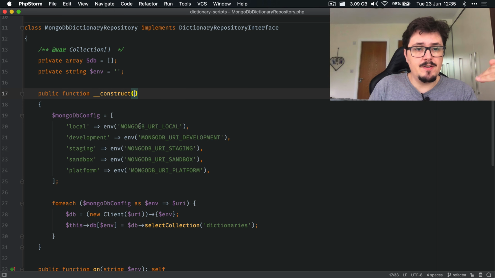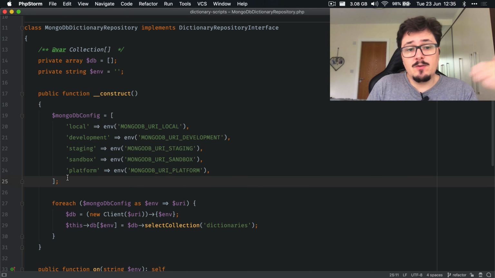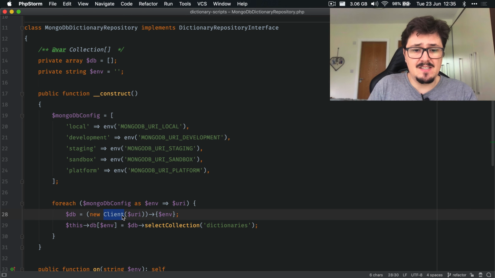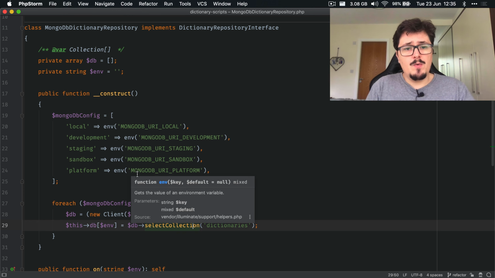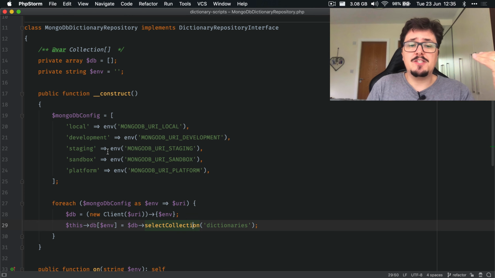This class is not responsible for dealing with environment variables, creating new client instances, selecting the databases, etc. So our goal here is to use dependency injection to refactor the current classes we have a bit,